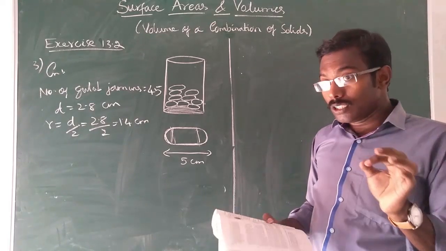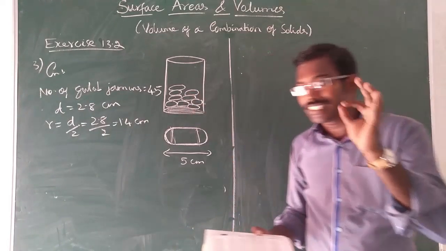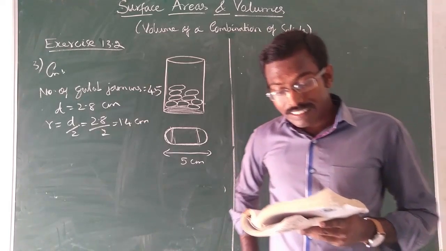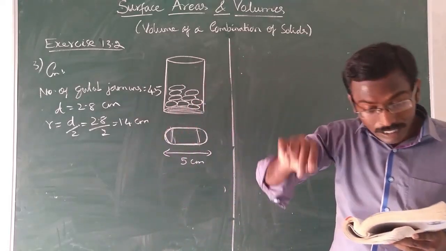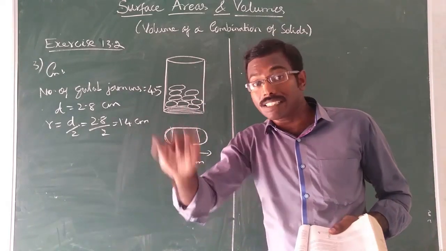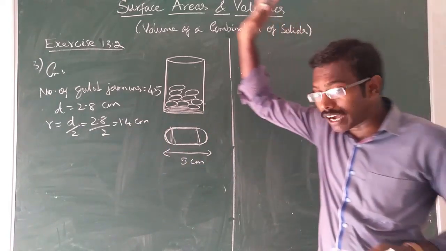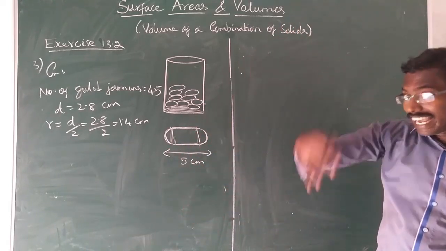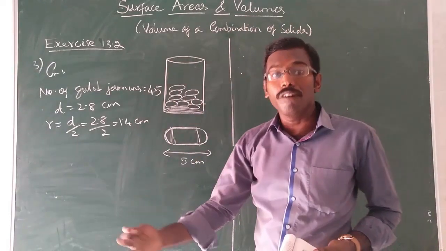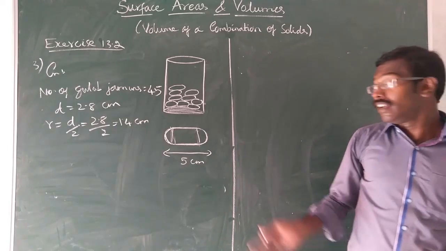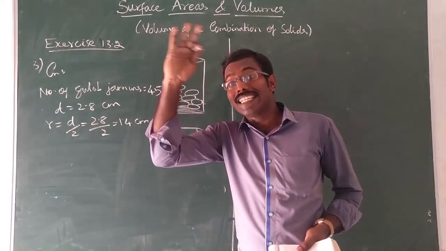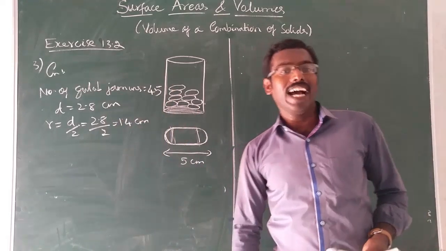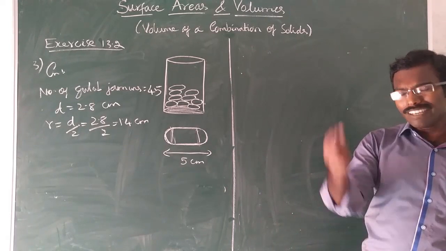After that, actually the gulab jamun volume is not asked, the sugar syrup volume is asked. It is given, the gulab jamun contains sugar syrup up to about 30% of its volume. So first find the volume of the gulab jamun. You multiply by 45, one answer will come. From that answer you have to take 30%. How will you take 30%? 30% means you multiply that answer by 30 divided by 100, you will get the answer. Hope you get some idea.